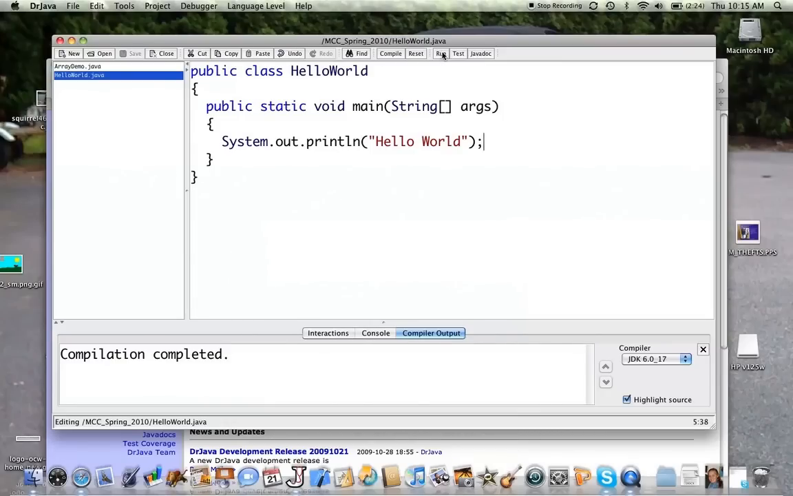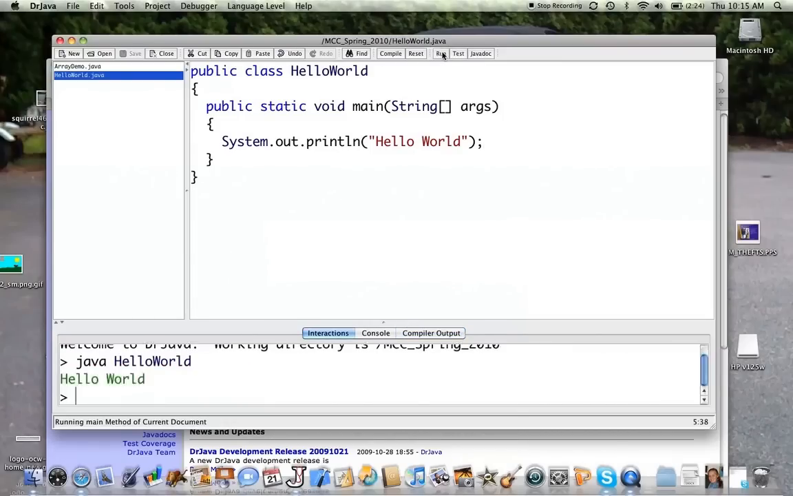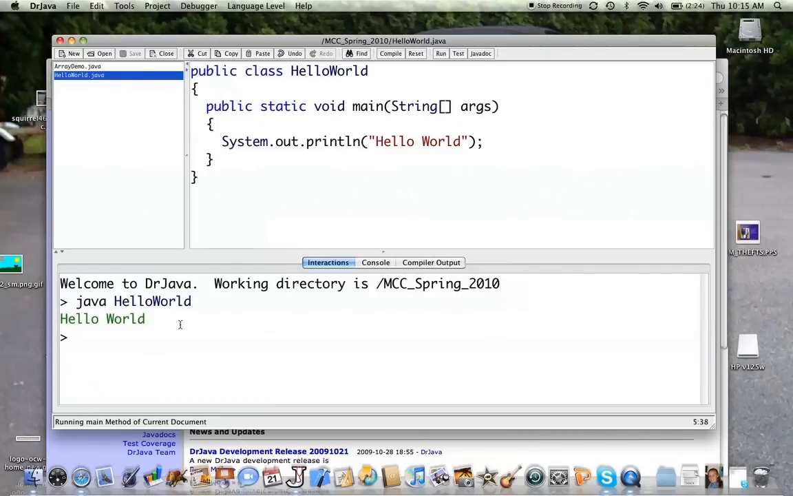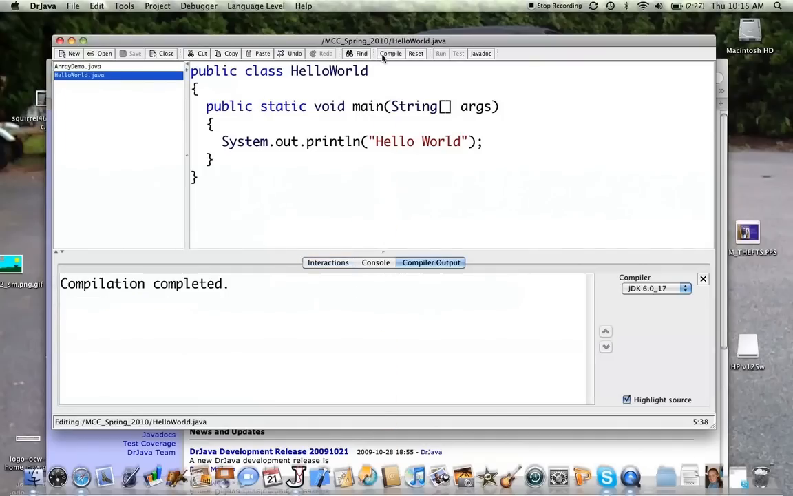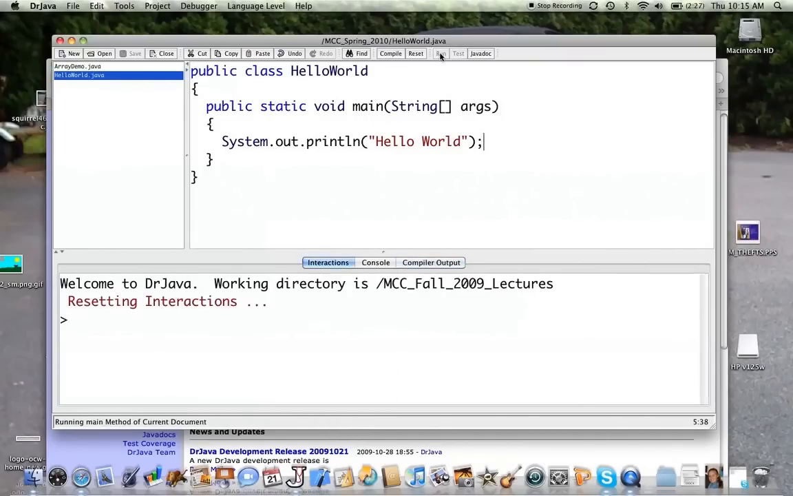If I now click on Run, notice that I go over to the tab that says Interactions. My interactions are that my file ran and printed out hello world as I had wanted it to. So as I compile something, I'll get my compilation output. As I run it, I'll get my interactions. Now you'll note that if I introduce an error here, let's just introduce this error,